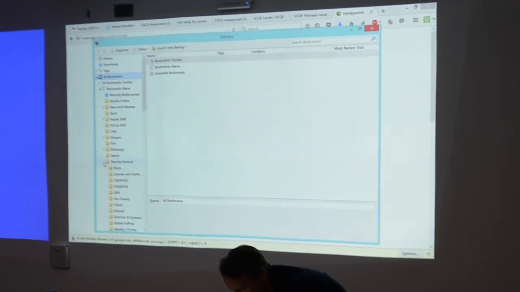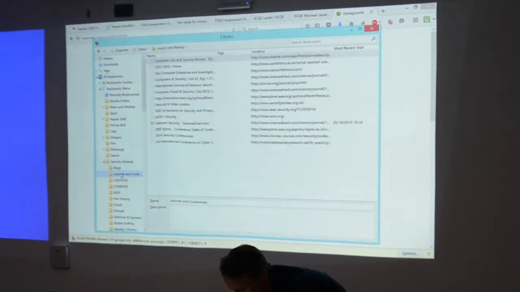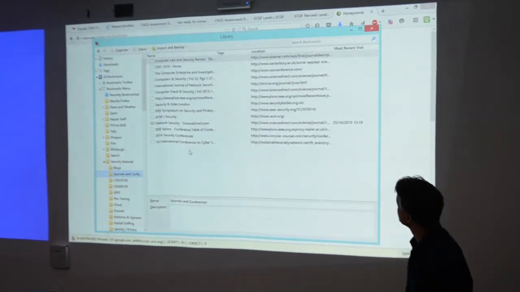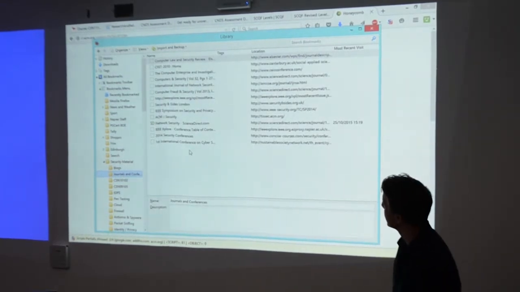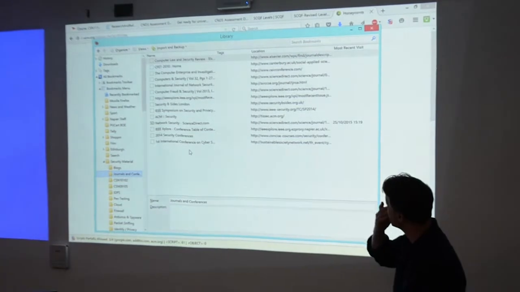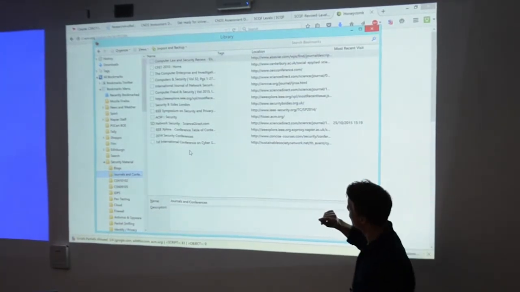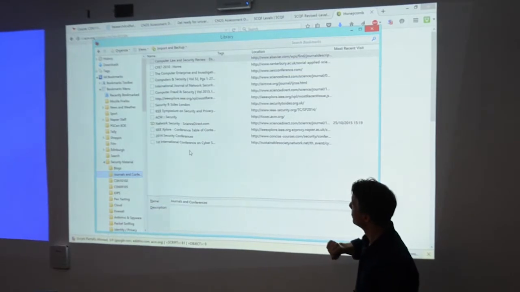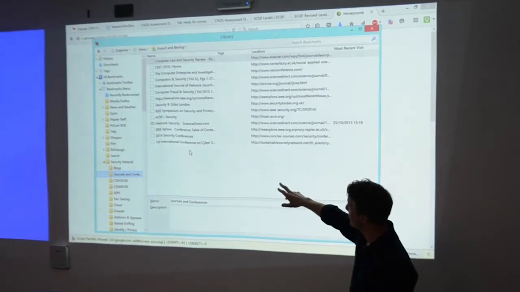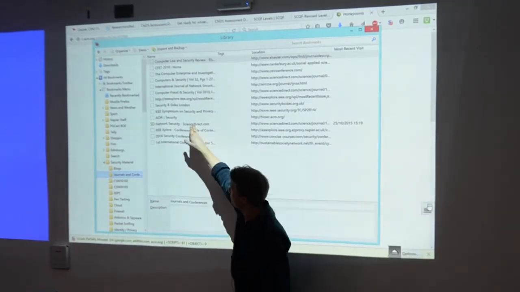So I've got security material, blogs and journals in here. This is a list of some of the journals. Computers and Security is quite good, and we've just had a paper published in it this morning, which is quite good. A new type of reflection attack, in actual fact. We've got IEEE, and things like B-Sides, and I'm just looking for it. Yeah, so there's Network Security, Science Direct.